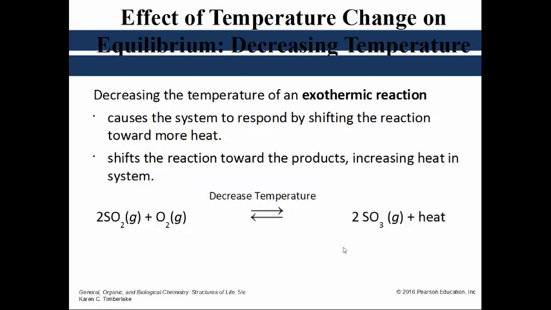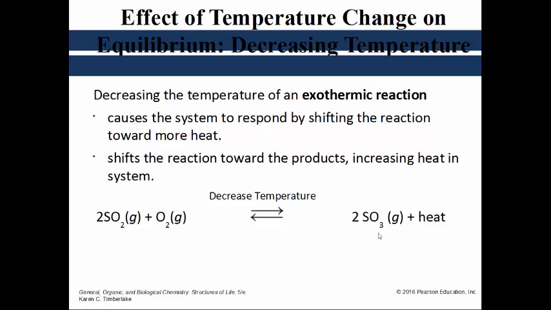Now we'll talk about exothermic reactions. Let's say that you are decreasing the temperature in an exothermic reaction. The system will respond by shifting the reaction toward more heat. So the reaction will be toward the products, increasing the heat in the system. So for this reaction here, SO2 plus oxygen will give you SO3 gas plus heat. So if you decrease the temperature in this exothermic reaction, the reaction will be shifted toward and driven toward the